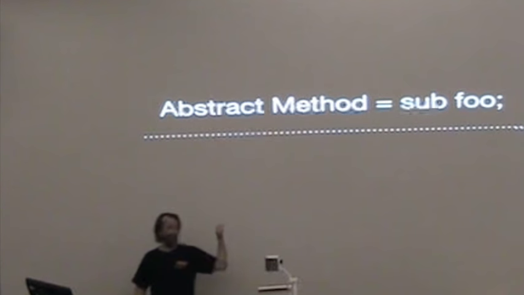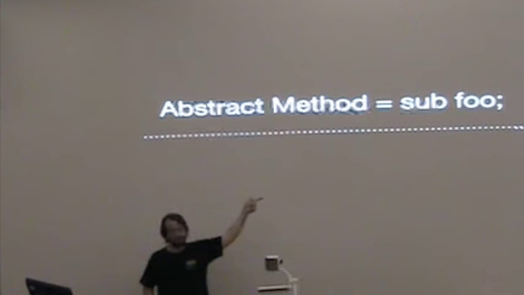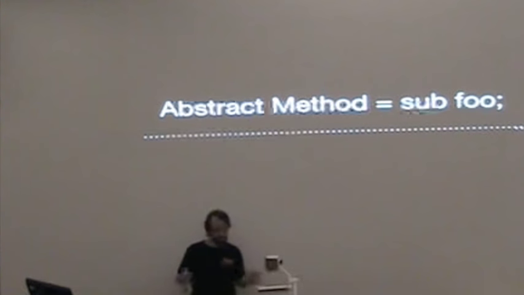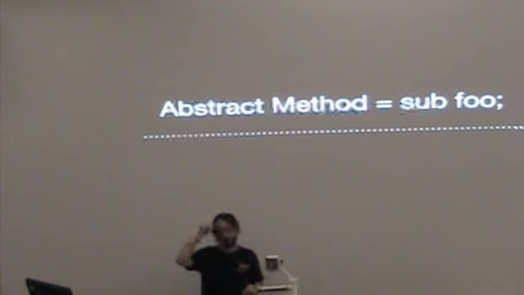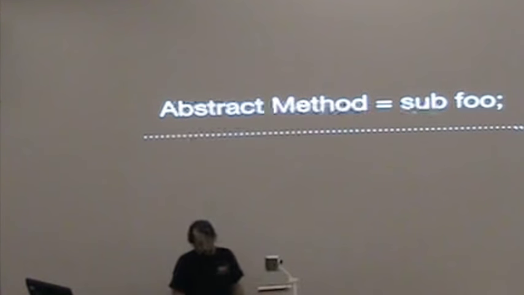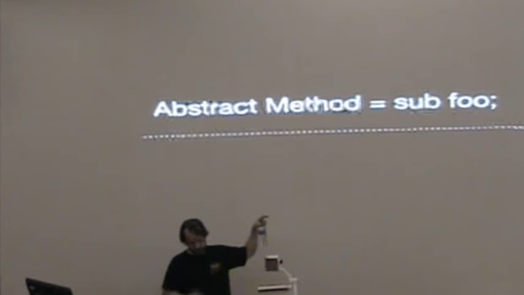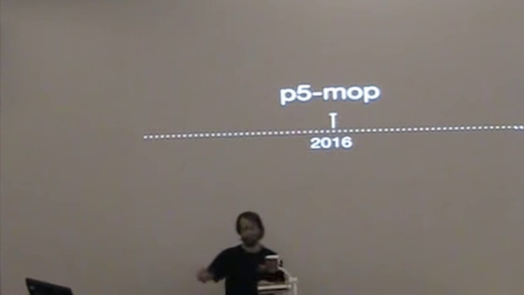Abstract methods. We already have them all the time. That's an abstract method. We don't do anything about its abstractness, but that is technically an abstract method because it will die when you try to call it. So, taking these ideas, I took my P5 repository and I renamed it to this, to bring it all back. So this is the design that I'm happy with. My New Year's resolution, I was telling Matt, is to actually join P5P and wade through proposing this and seeing what everybody says. And of course the bike shedding, et cetera, et cetera.